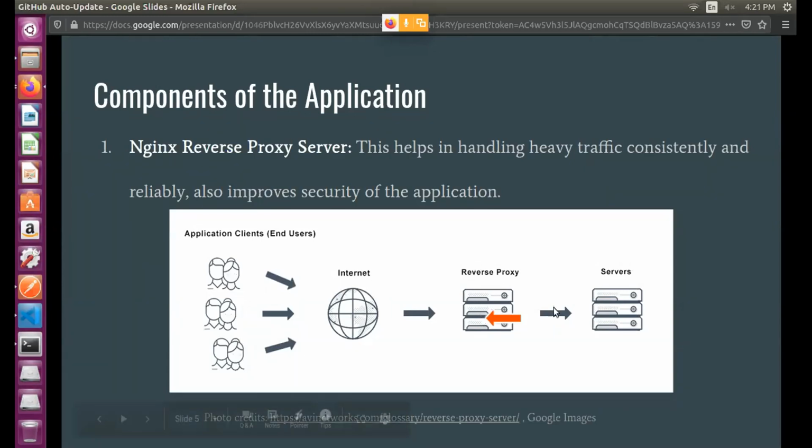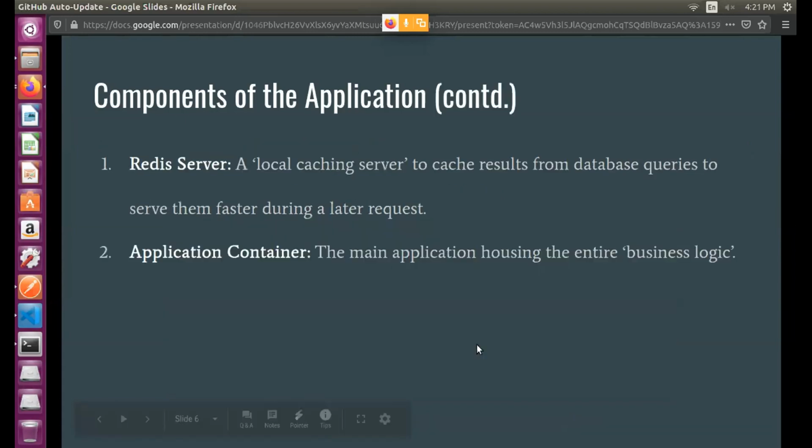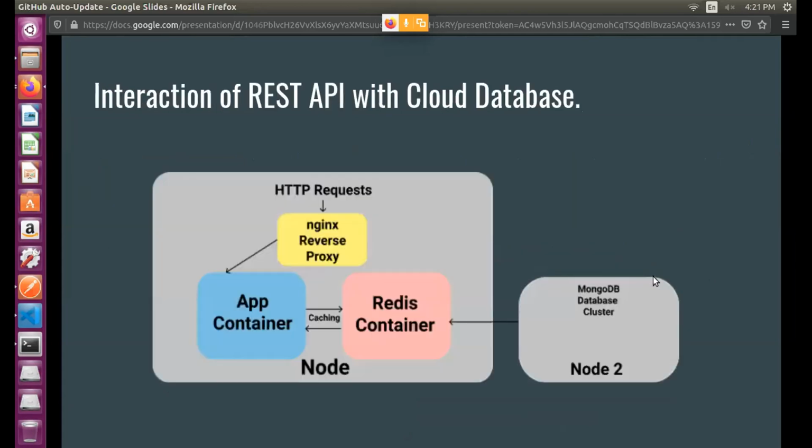If there is heavy traffic, your reverse proxy is going to handle it. Again, as I told, Redis is used just for caching purposes. It is only there for improving performance, and the main application container houses the entire logic of the REST API.